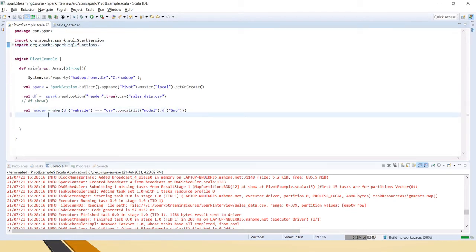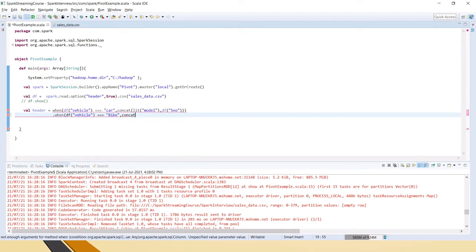And also we have to handle when df of vehicle equals bike, then concat the literal value of brand, comma, serial number with the serial number column.